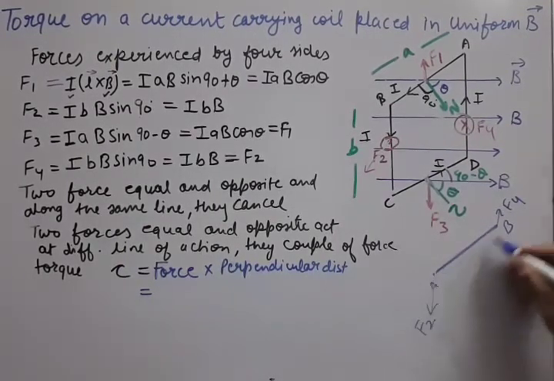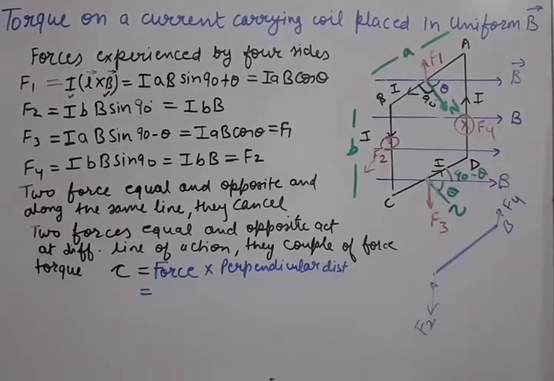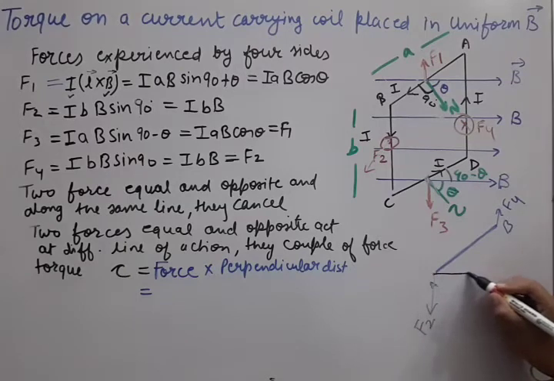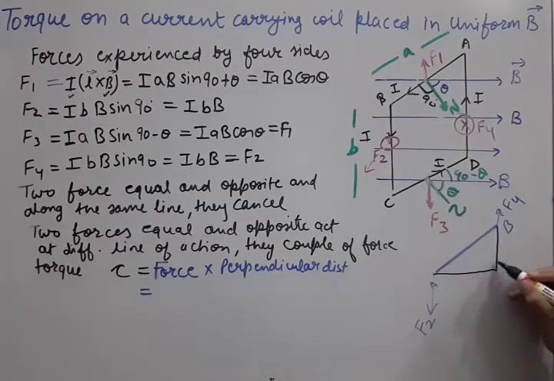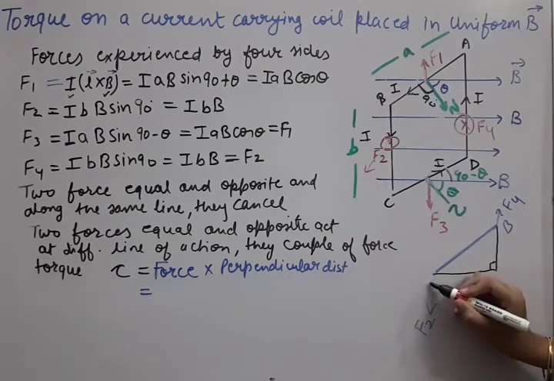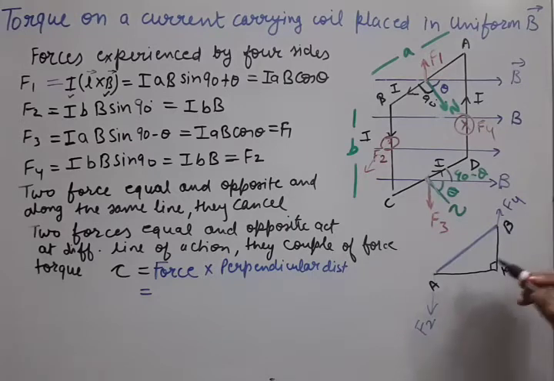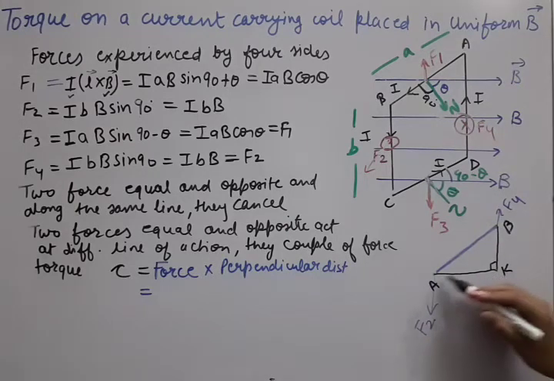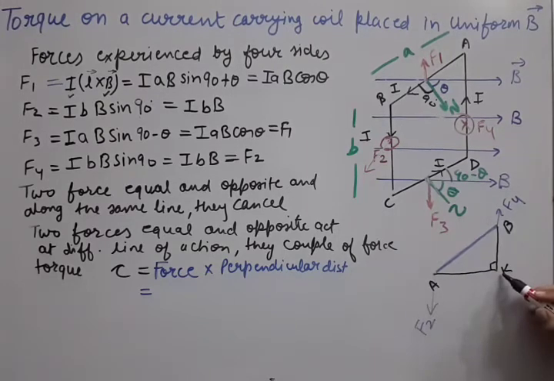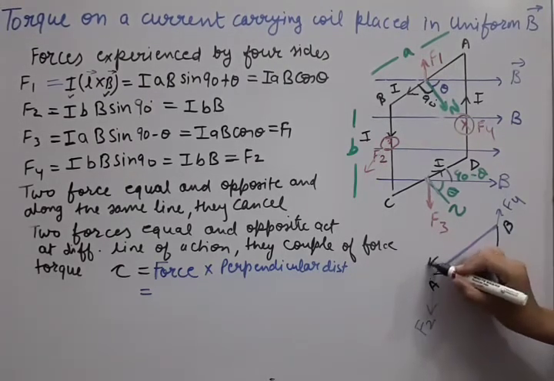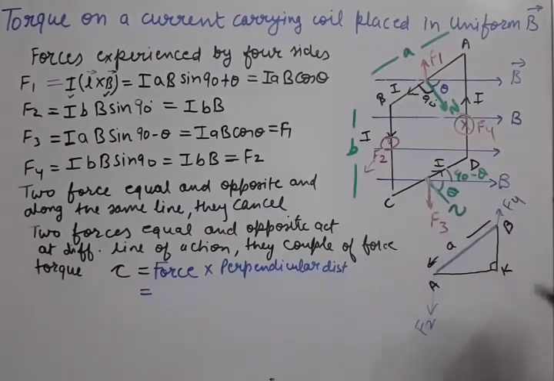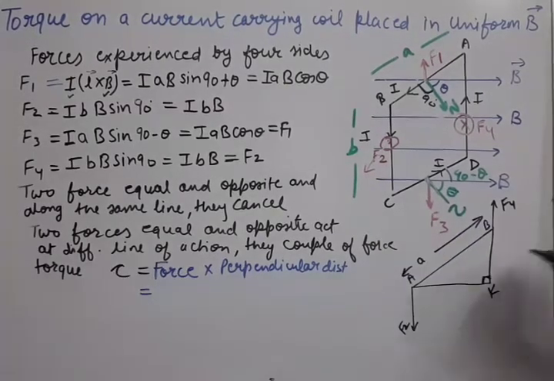Now we want the perpendicular distance between both these forces. So we have to connect it with the help of a triangle. Let us complete a right triangle like this. This edge is A, this is B, and suppose I call this K. So AK is the perpendicular distance. Now, do we know this AB side? AB side is the A distance. Now we have to find this perpendicular distance AK.